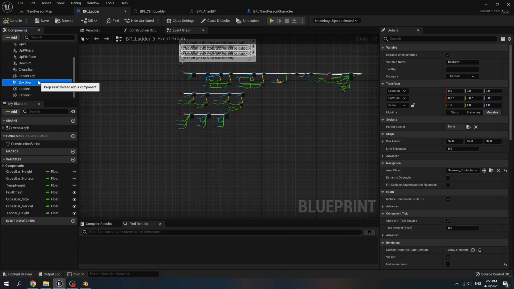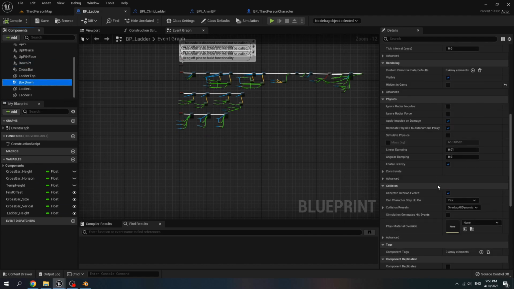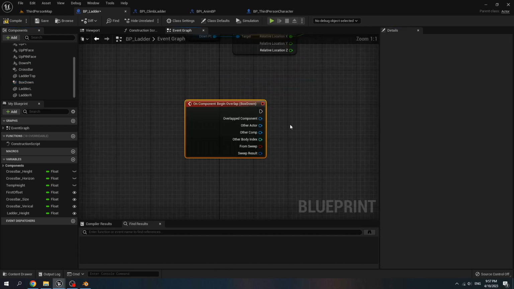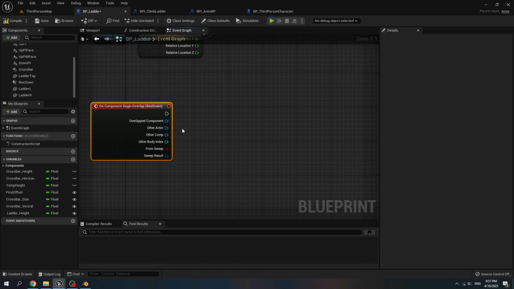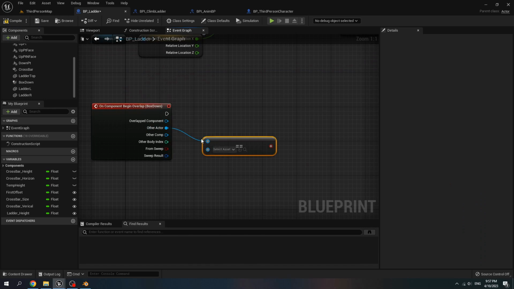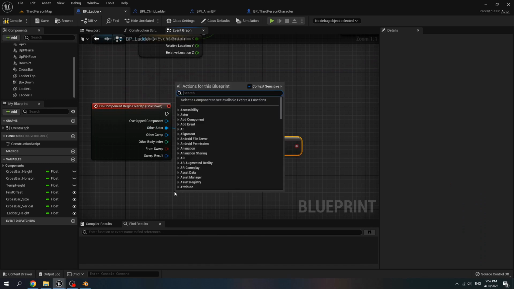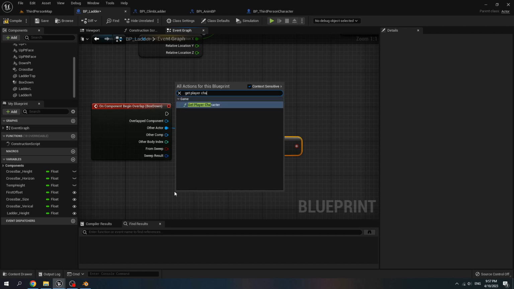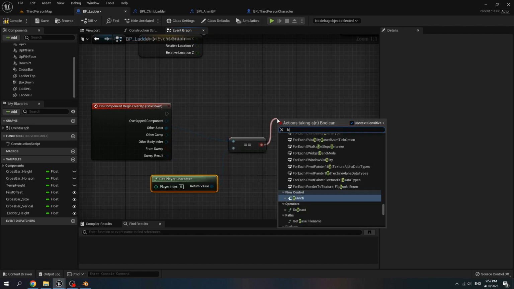For box down, scroll down and on component begin overlap. Add it, and if the other actor equal to player character, create a branch.